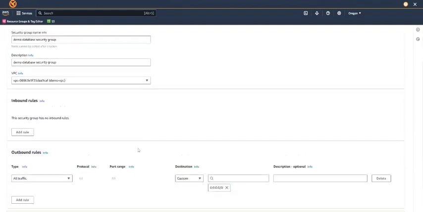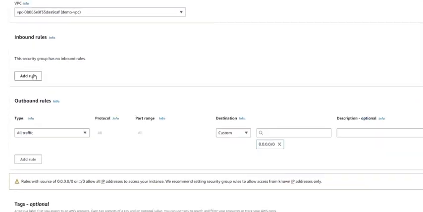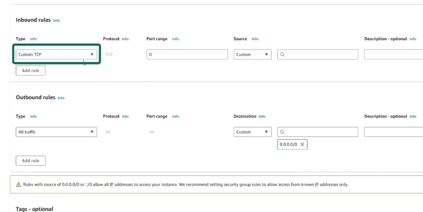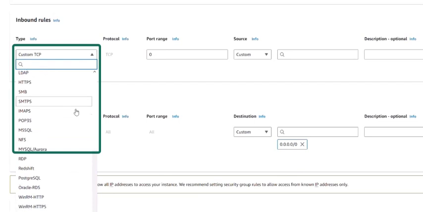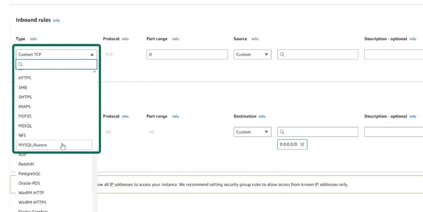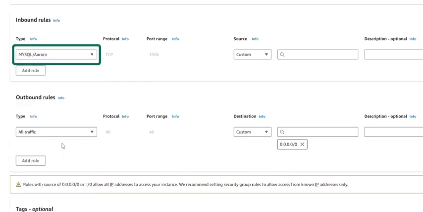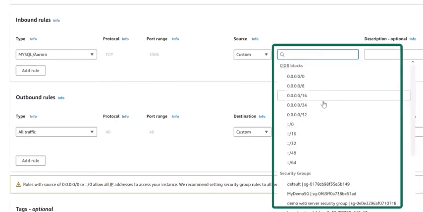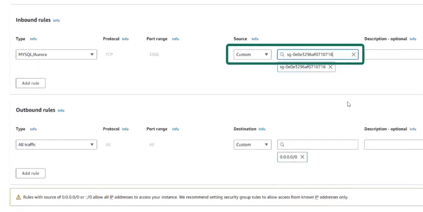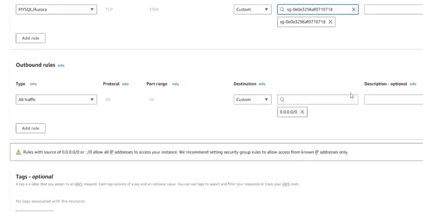Okay. And then we are going to limit the traffic. We are only allowing database traffic, MySQL, Aurora traffic, and we select traffic from our web server security group. And that makes the database layer very secure.